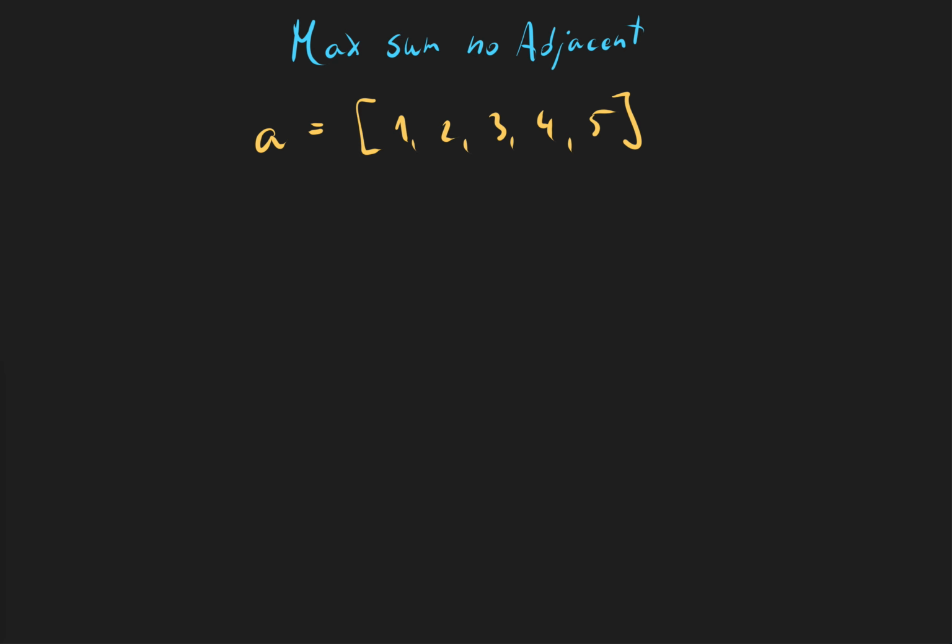In this video, we're going to take a look at max sum with no adjacent values. So the interviewer asks us to create a function that accepts an argument array. And what we need to do is return a maximum sum with no adjacent values. This means that in these examples, maximum sum would be 1 plus 3 plus 5, which means that we return